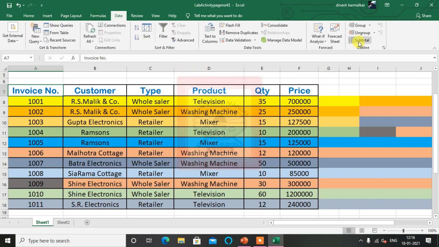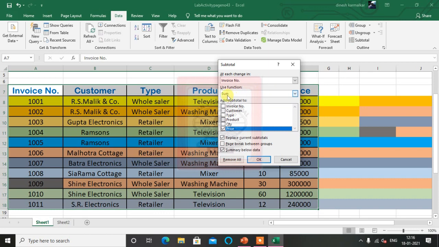In that we click Subtotal. The dialog says at each change in product, use the function Sum, and what is important is the basis on which we want the sum: in add subtotal to, we select price. So based on price, I want it by product.